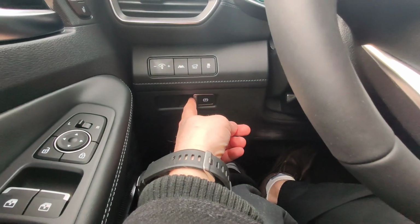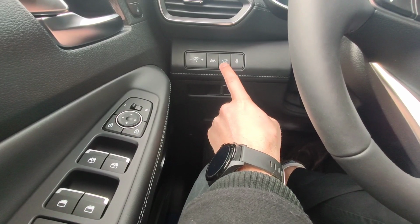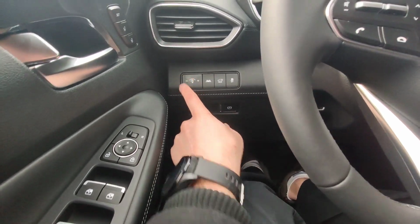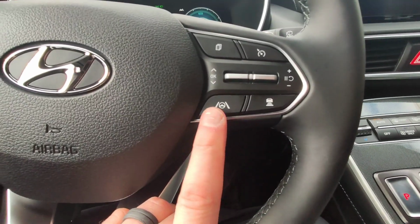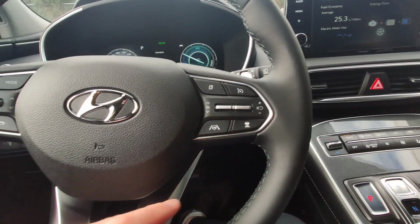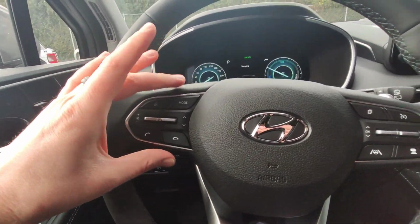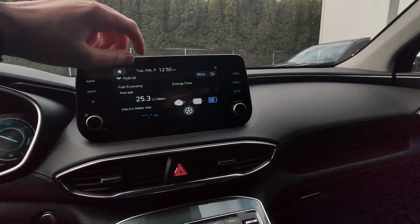Okay, so power e-brake. You've got the lane keep assist here, of course. Now you got the button to open up the hatch. There's your dashboard lighting there. This one also has highway follow assist right down to low speeds as well, so I'll demonstrate that on the test drive. It's got the adaptive cruise and of course your full suite of audio infotainment system stuff, including, check this out,